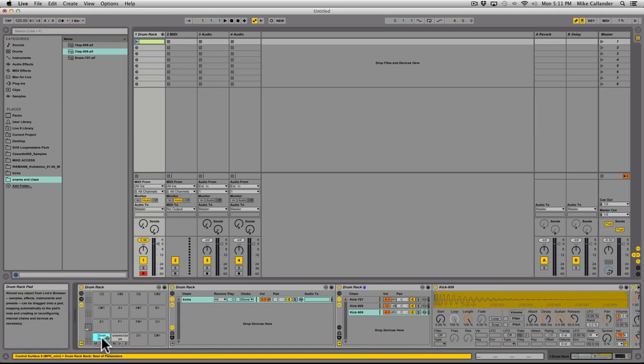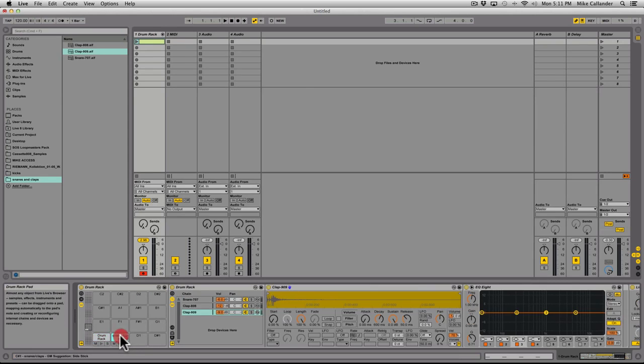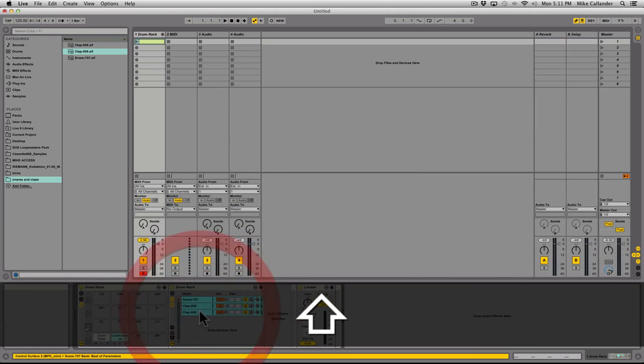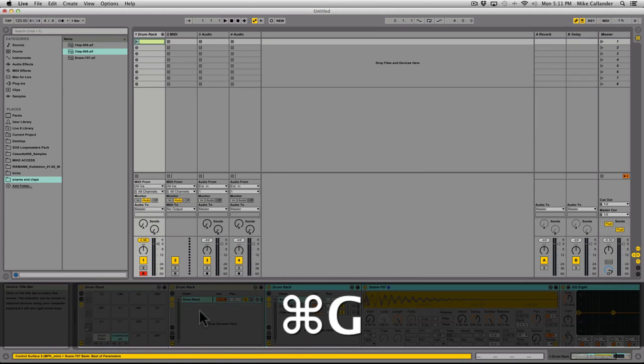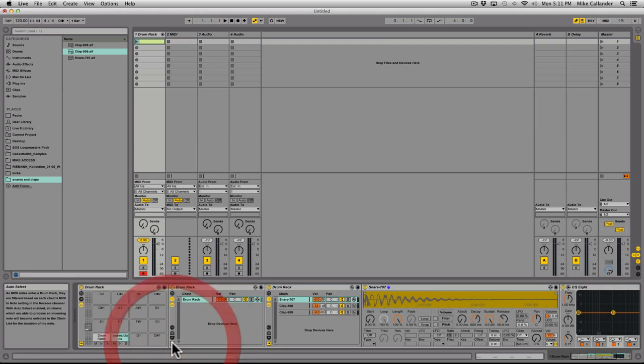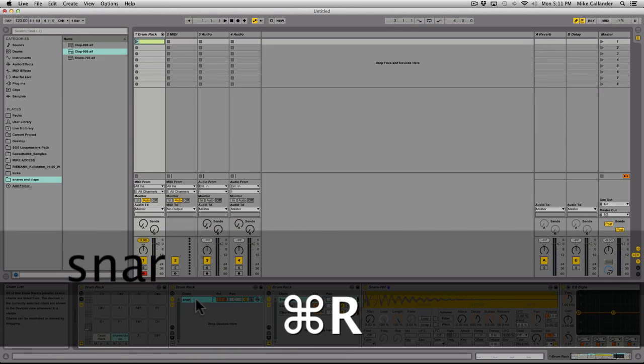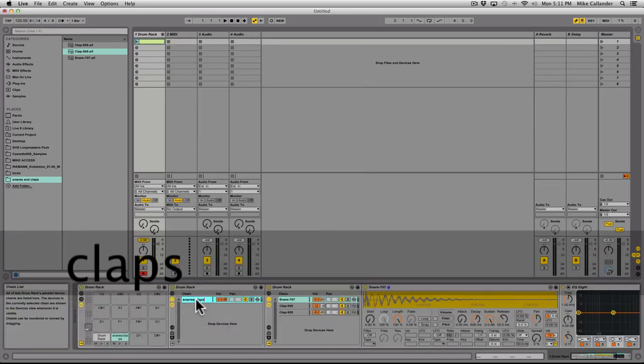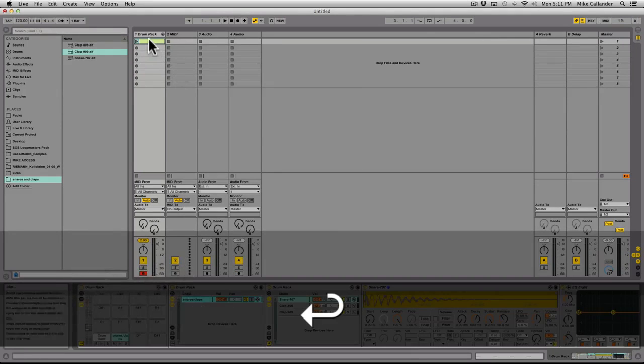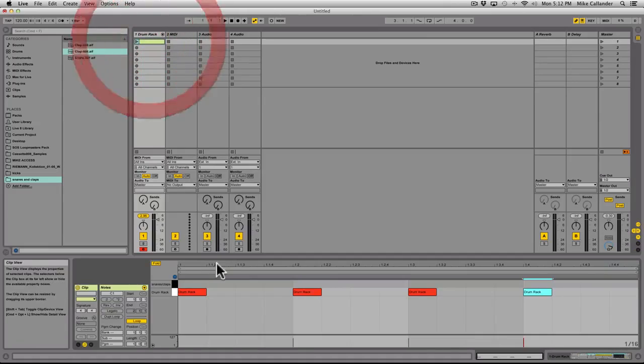I click on the first pad, it shows me the kicks. I click on the second and it shows me the three chains there. These ones need to be grouped now, and then turn off this Auto Select switch, and if I change that to Snares and Claps, we can see here inside our MIDI clip I can control each of those sounds separately. So if I just move some things around,